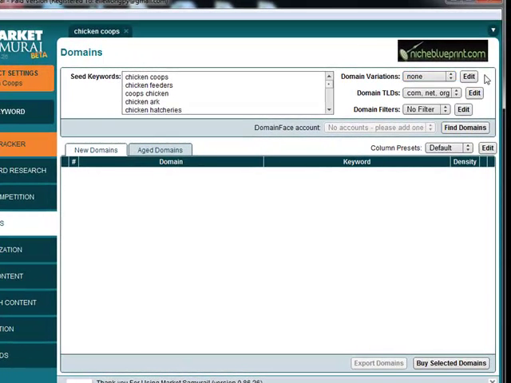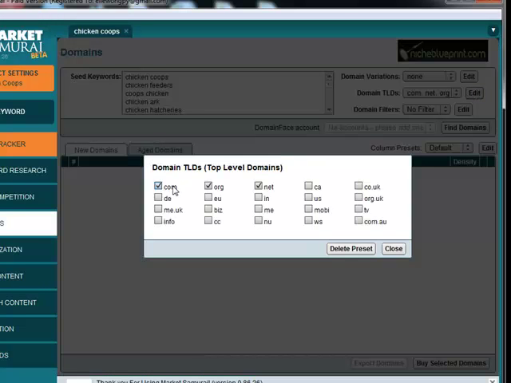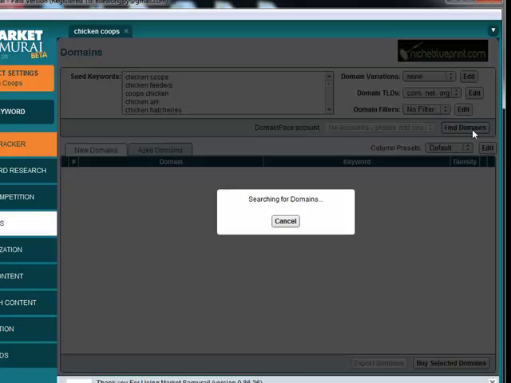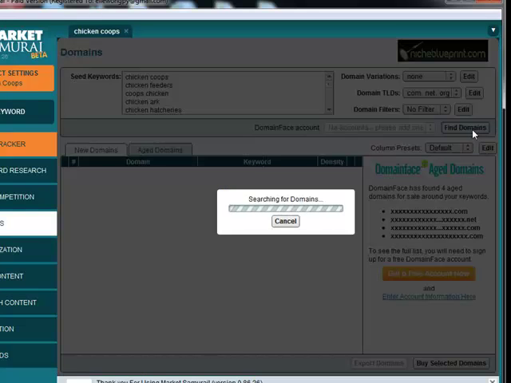So make sure you have all that unchecked because again, we only want the exact keyword phrase in our domain. For your domain extension, select only .com, .net, and .org. Once we have our filters in place and seed keywords, click on Find Domains and let Market Samurai get to